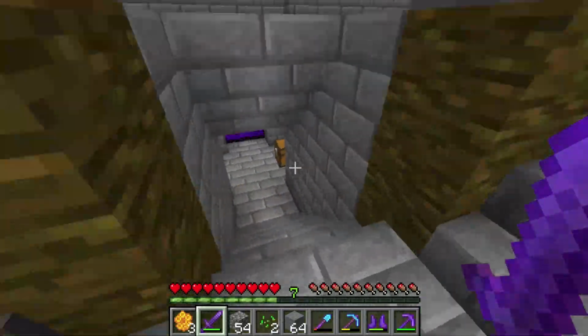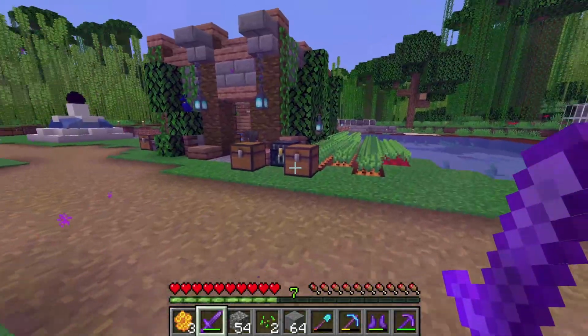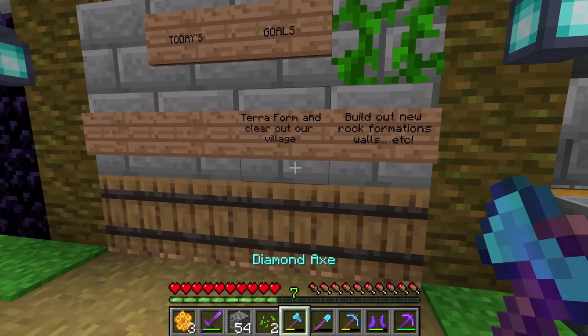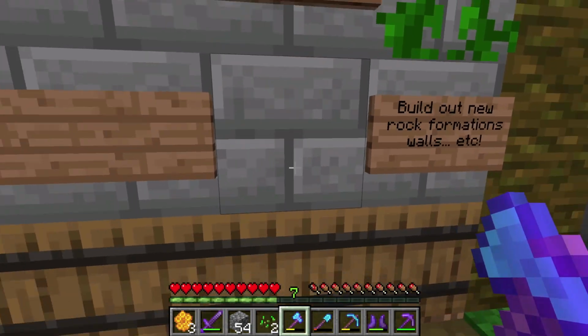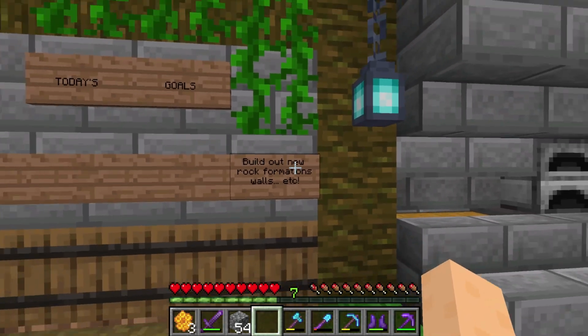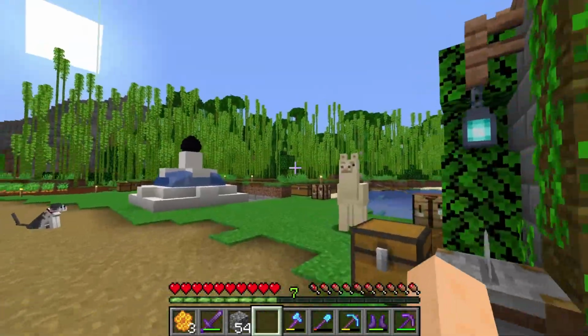goal number 4. So if we go back down to our goal board, I need to rearrange my inventory really bad. Let's go over here though. Terraform and clear out our village. We've basically done that, so let's put that down. Our very last goal is to build out some new rock formations and walls, and by that I mean kind